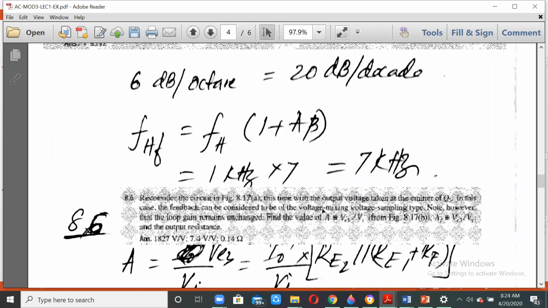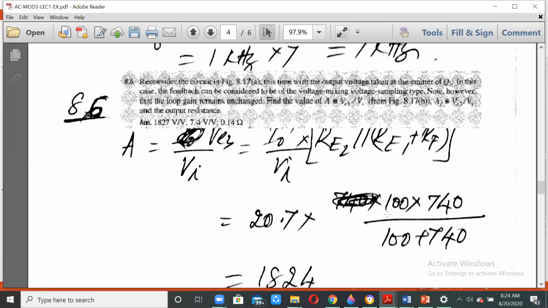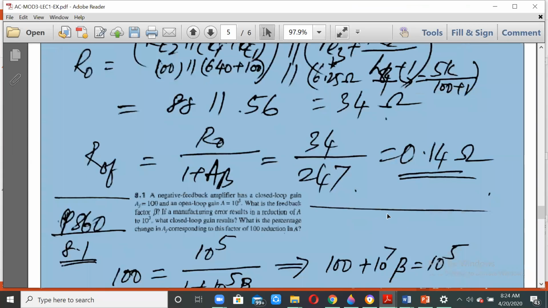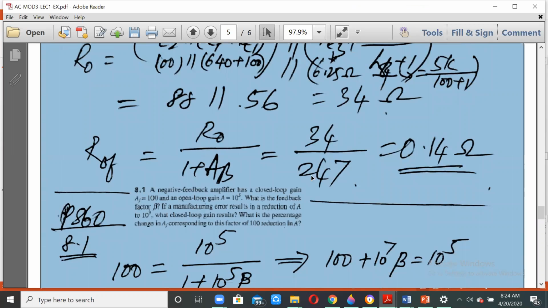So the value of the voltage sampling is being considered here. Voltage sampling means naturally R naught will be divided by 1 plus A beta, and that will be 34 divided by 247. That will give you 0.14 ohms. The other way of telling this is because we are taking output per the emitter,